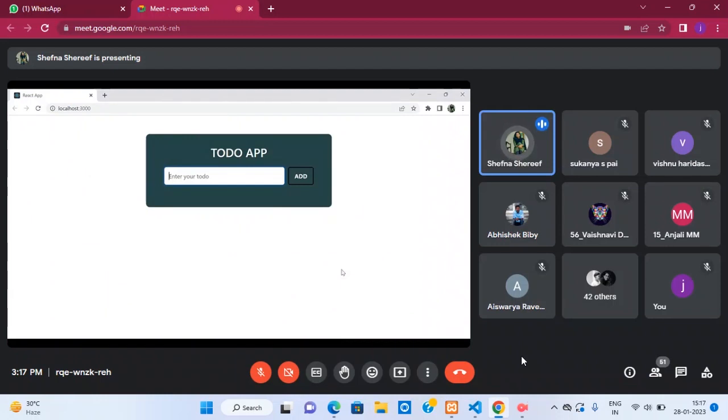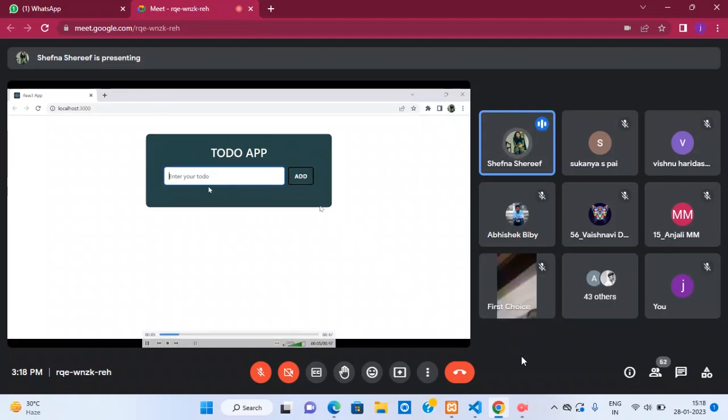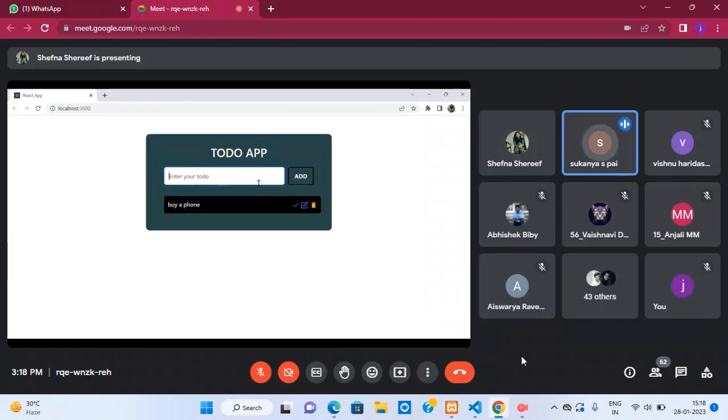Okay. So here today we are going to create a to-do app. So this is the basic to-do app we are going to create. So here is a heading, an input field, a button, then